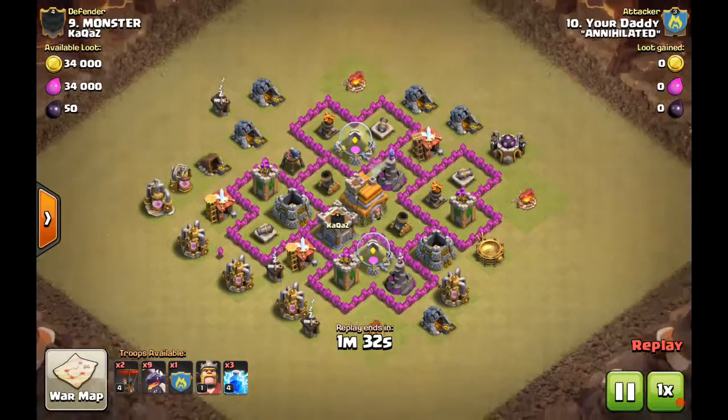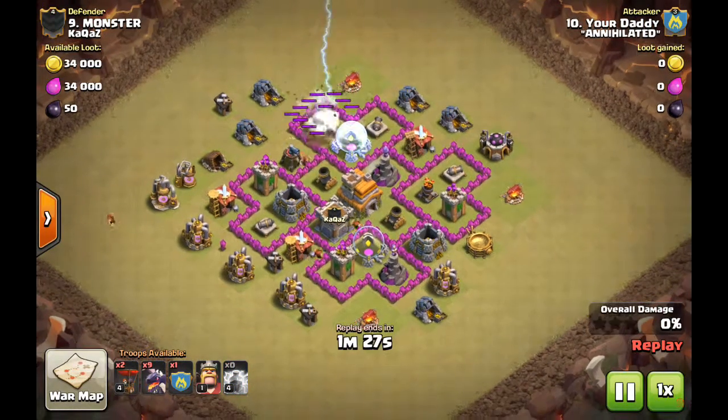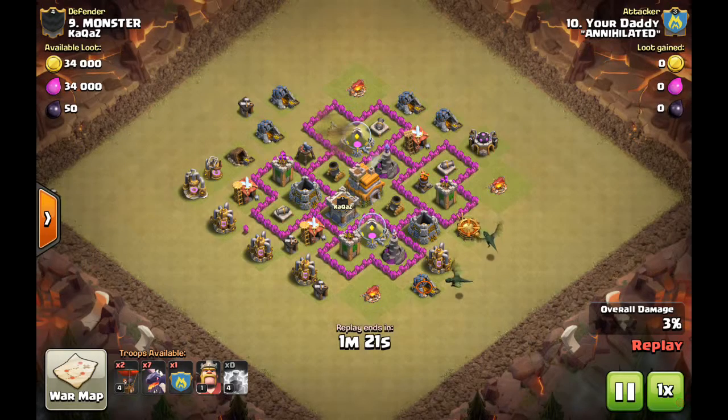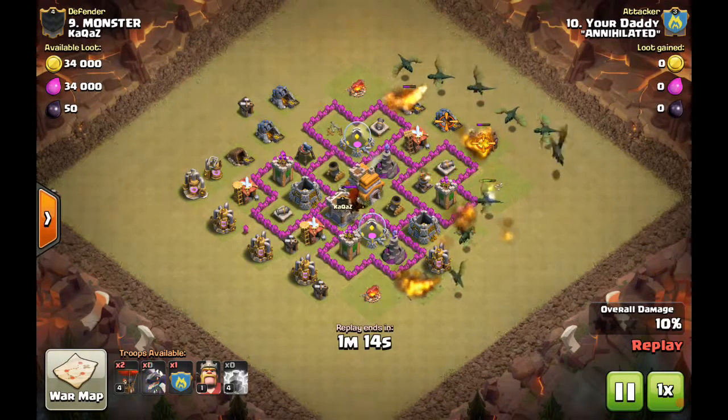Number 9 attack here by your daddy. Going to just be a simple Dragloon. Only 2 air defenses to choose from. The only reason I'm showing this is to notice that he chooses to attack from the bottom when he's going into the air sweeper. And when I first looked at this, it seemed counterintuitive and I thought that didn't make a lot of sense,